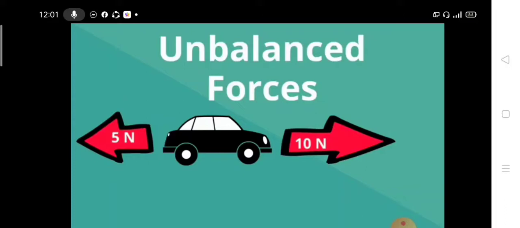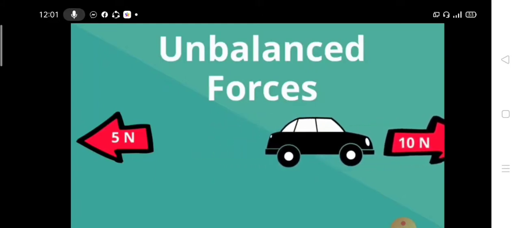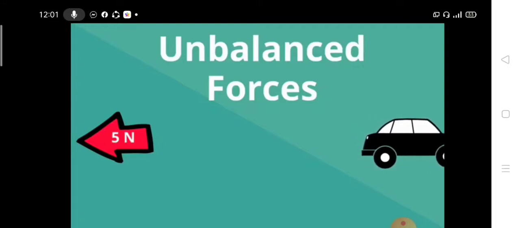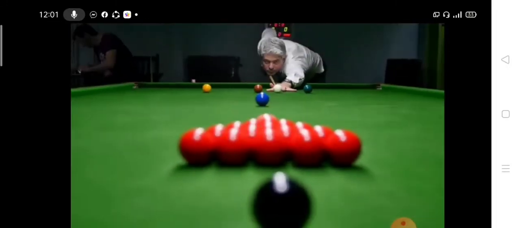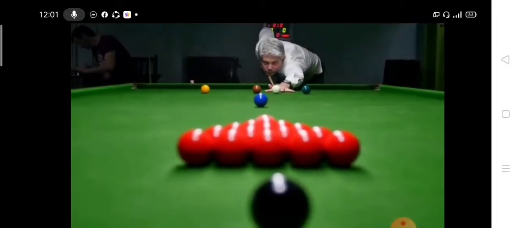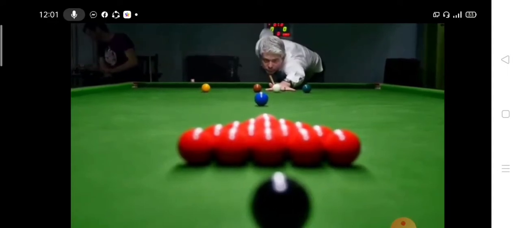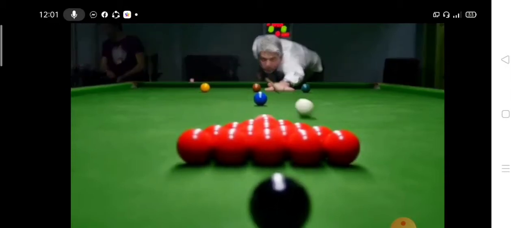When two unbalanced forces are exerted in opposite directions, their combined force is equal to the difference between the two forces. The magnitude and direction of the net force affects the resulting motion. This combined force is exerted in the direction of the larger force. Let's take a look at some real-world examples. The forces acting on the red pull balls are balanced. The downward force of gravity is equal to the resistance force of the pull table. When the white ball strikes the red balls, the forces are now unbalanced and they move in the direction of